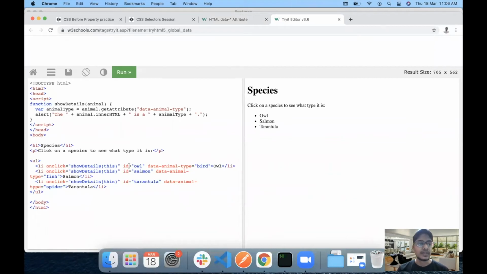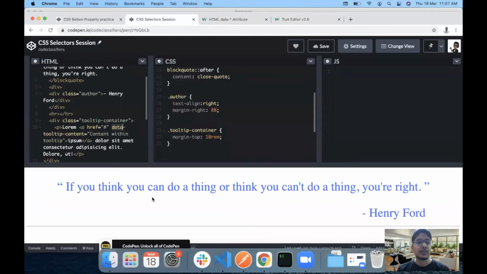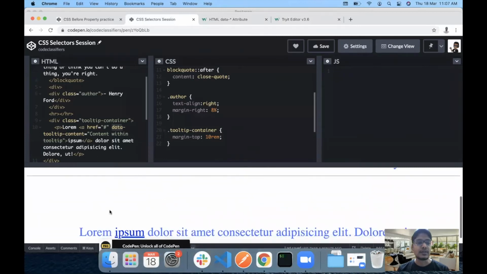So you can use it for your own convenience. For example, we have here data-animal-type. The data-animal-type attribute can be used to track some kind of unique element, and then we can add some custom HTML in this case using this data-animal-type. So on click of this button, we will get some text like this. So this bird is stored in this data-animal-type, and then on click of this text, we are showing an alert and getting the data-animal-type attribute here and showing that owl is a bird. Okay, where is this bird from? This bird is from here. Similarly, what we are going to do is add some text in our tooltip, and we are going to focus on that.